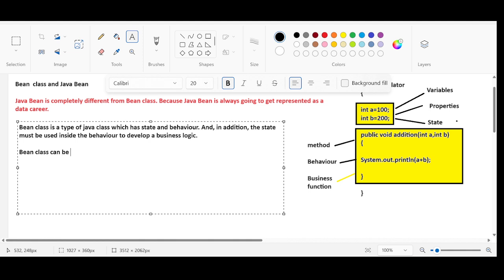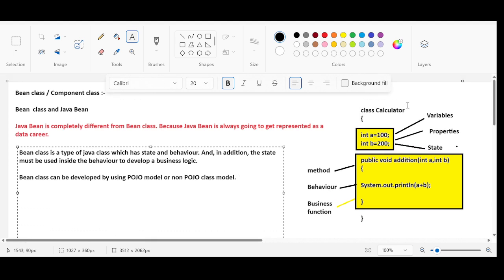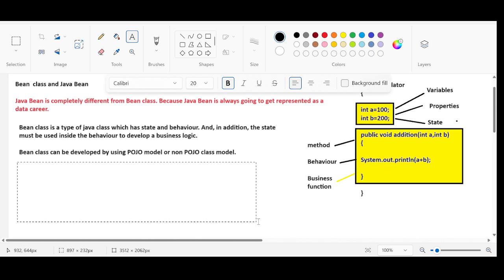Second conclusion: a bean class can be developed by using a Pojo model or a non-Pojo class model. If this component class or bean class is getting extended to external libraries, you don't call it a Pojo class. If it is not extending, you call it a Pojo class. The conclusion can be very simple: bean classes can be Pojo classes,